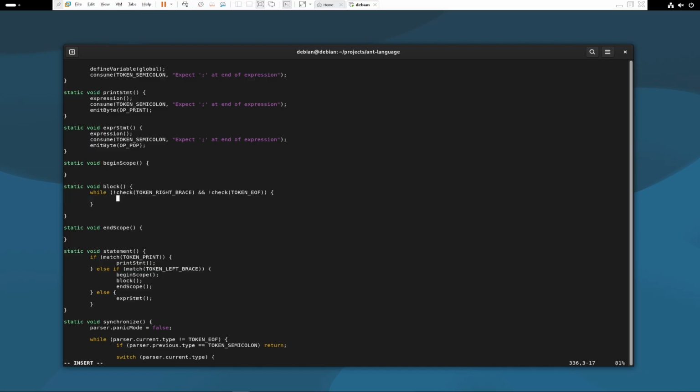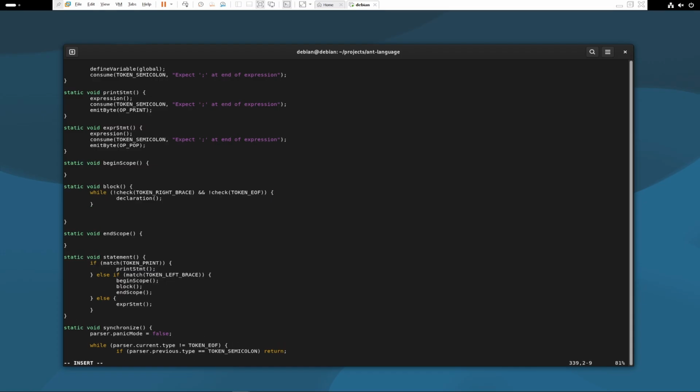So what I will call now is the function called declaration. That will help us reach any other declarations like variables, printing, and so on. And finally, if the while loop is broken, I will consume that token right brace, and then